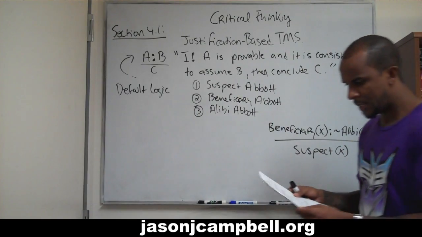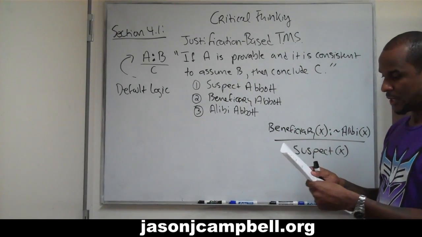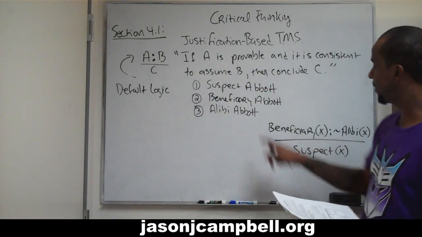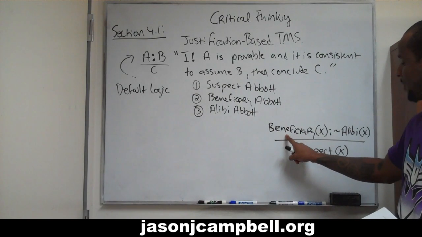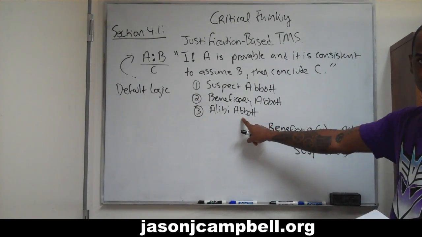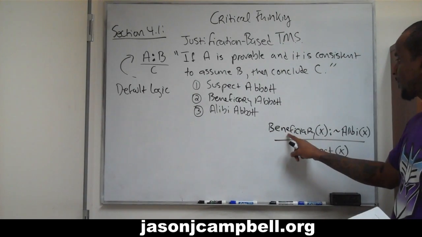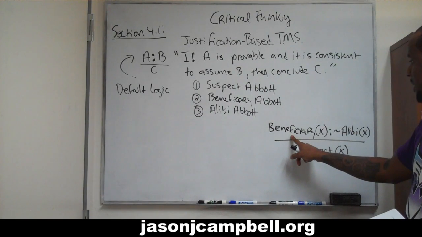How is this read? I've broken down the structure so that you can see how this is read. So if it is provable, just like before, if it is provable that X is the beneficiary, and we know that X refers to Abbott, so if it is provable that X is the beneficiary, and it is consistent